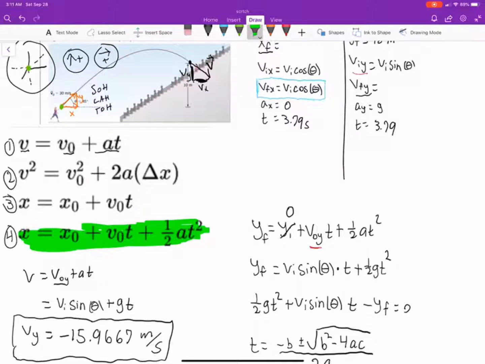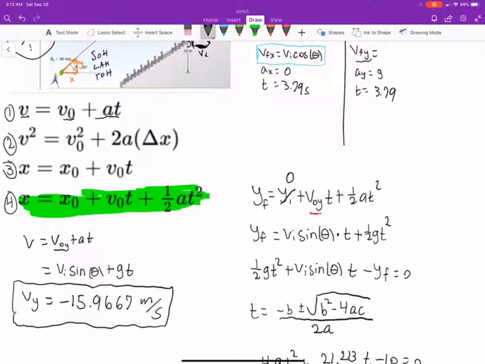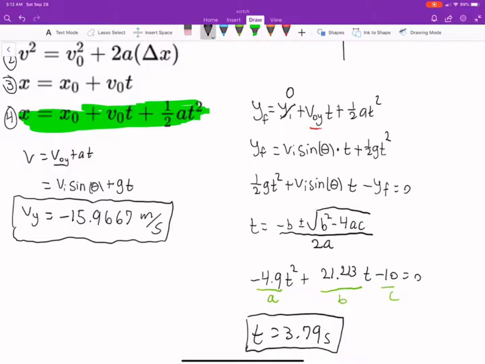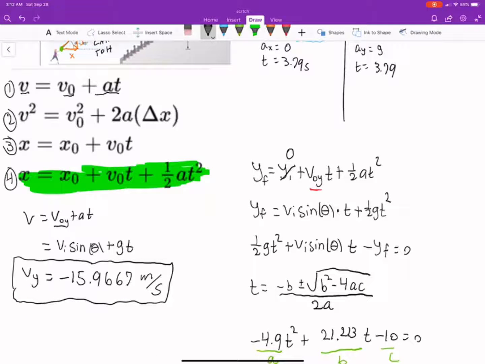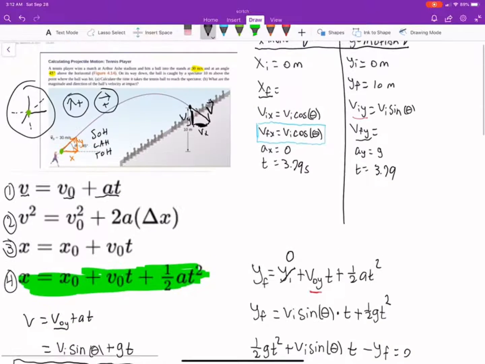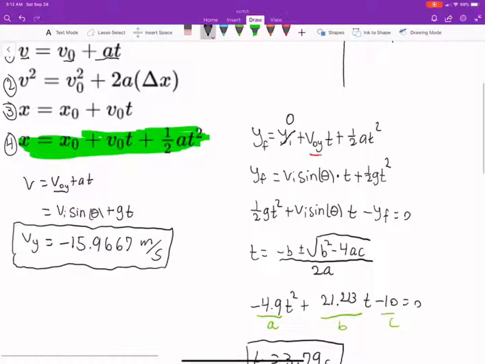This one is used a lot, very often actually, and really the only trick here is you had to remember your quadratic equation for this one. Once you got time, you had to use the first one to find our velocity in the y direction, making note of the fact that when acceleration is 0, these two are going to be equal. Here acceleration is not 0, so these two are not equal. So we had to find v final there. And then once we do that, finding the